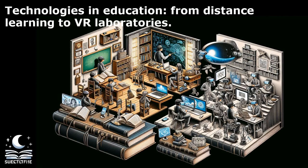Another interesting aspect of VR laboratories is their scalability and accessibility. With advancements in technology, VR simulations can be accessed from various devices such as computers, smartphones, and VR headsets, making it easier for students to participate in virtual experiments from anywhere. Additionally, VR laboratories have been shown to increase student motivation and engagement. The immersive nature of VR environments captures students' attention and encourages active participation, leading to a deeper understanding of complex